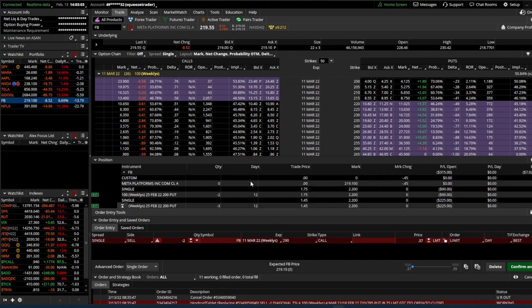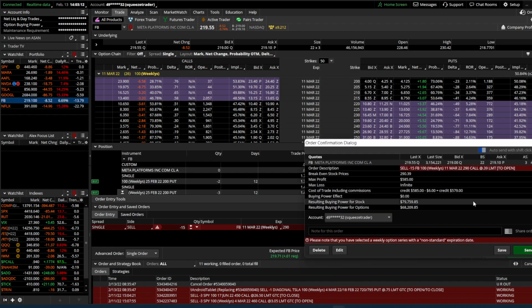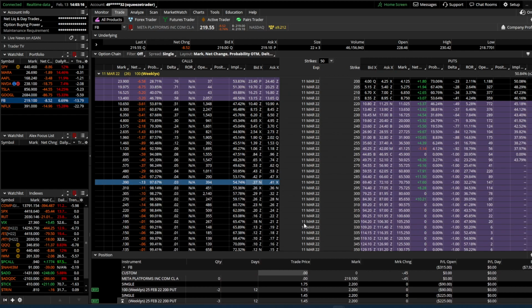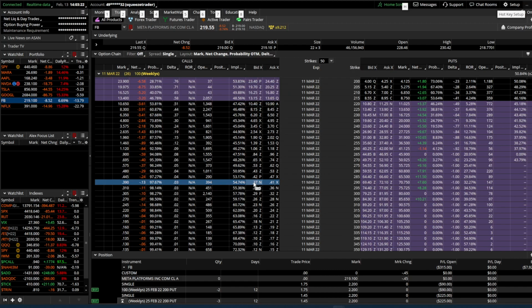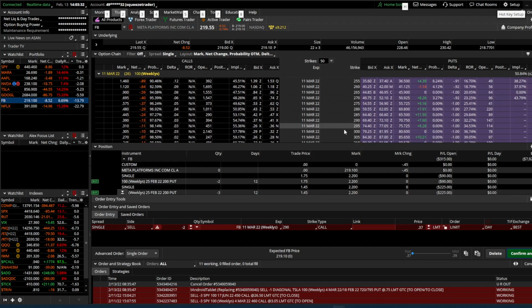I got 37 cents. I think I sold like 15 of them. So I just kind of put it here at 37, 39 cents. I would have picked up $500 and something like that. That's what selling the call is. Same kind of concept. If I don't have the margin, I'm going to hit the control key. Bid is sell, ask is buy. I'm going to sell the 290, and then I'm going to buy the 300 to cover it,